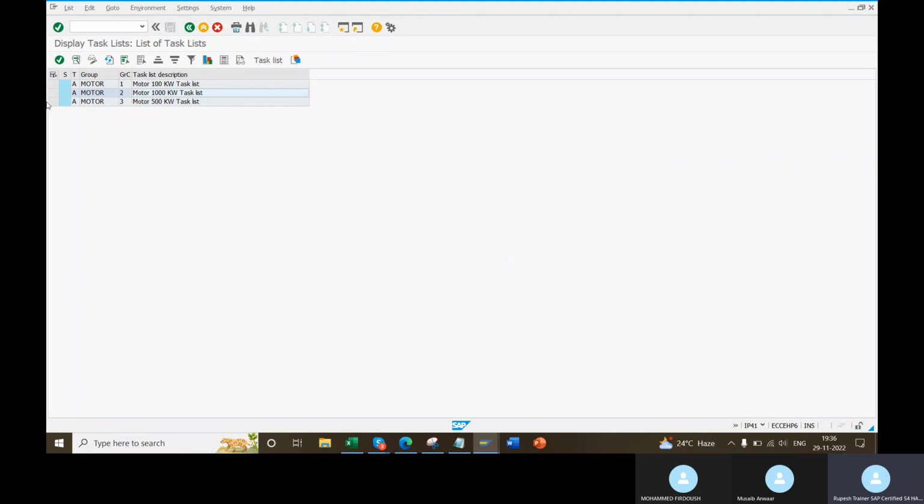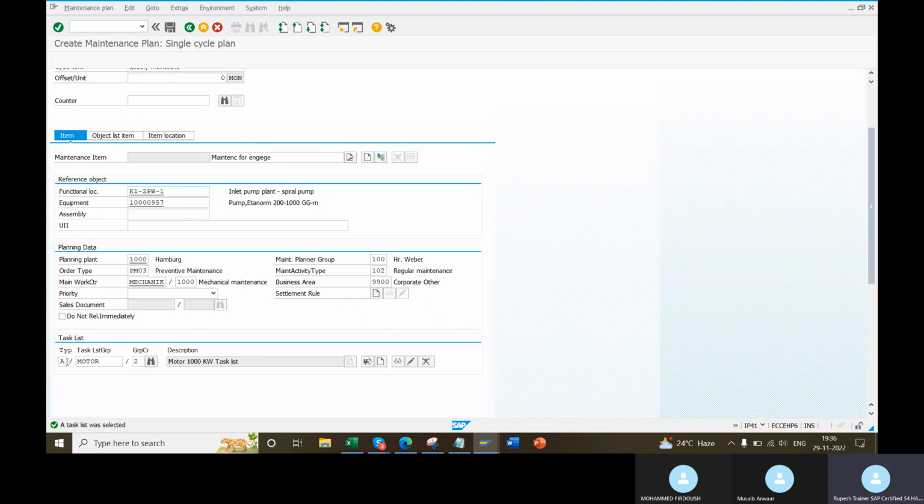We'll take this one for example, anything you can take, no matter. Now we are taking randomly, but in the client project you should take the correct task list. So this is the general task list. Group is motor, counter is 2.